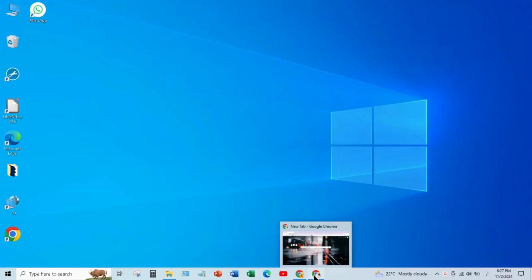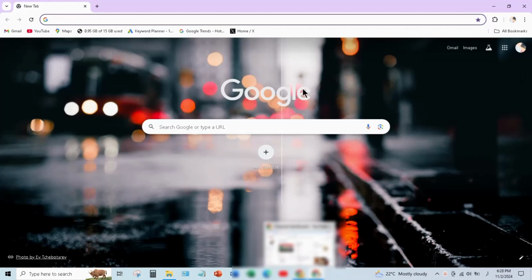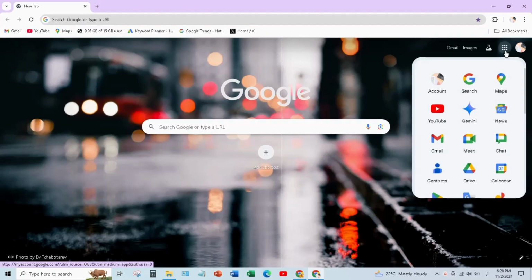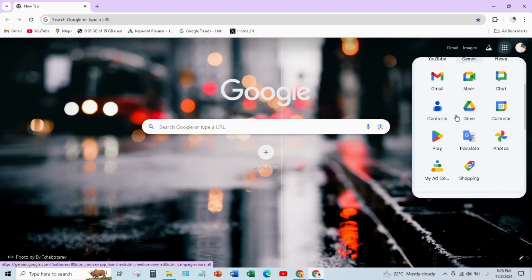For this, open Chrome browser and click on these Google Apps icon. Scroll down and find Playstore. Click on it